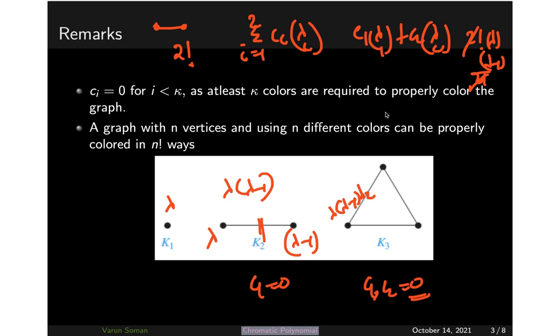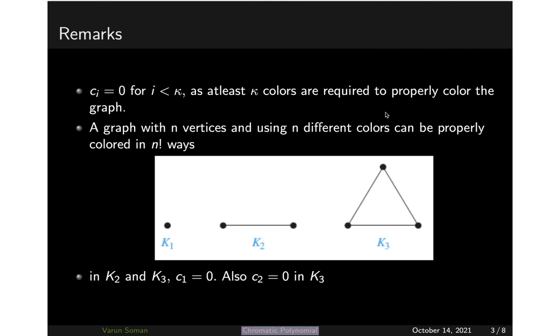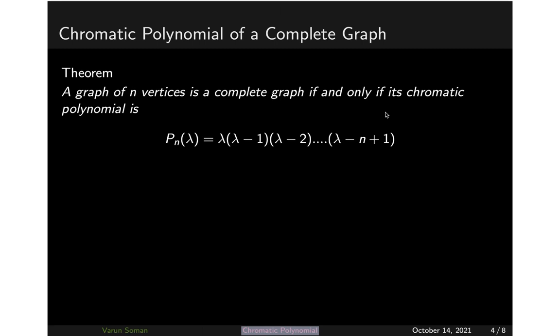For every graph it will not be possible, but for some graphs this common sense approach will work. Okay, so moving forward, this is the idea. Now we will discuss the chromatic polynomial of a complete graph. There is nothing to prove, it's a very simple thing. Suppose you want to find the chromatic polynomial of a complete graph, you can also use the formulaic approach, but I'll just use the common sense approach here.